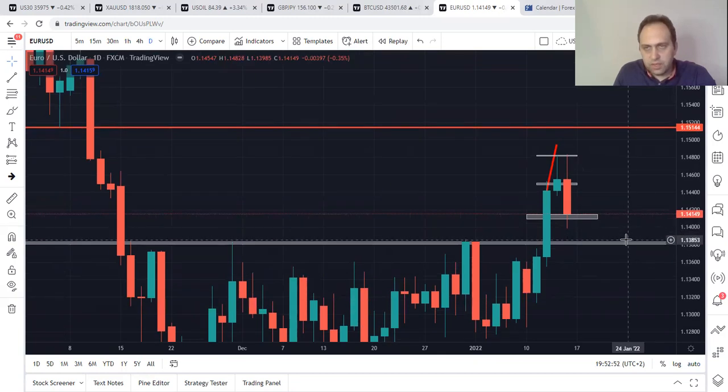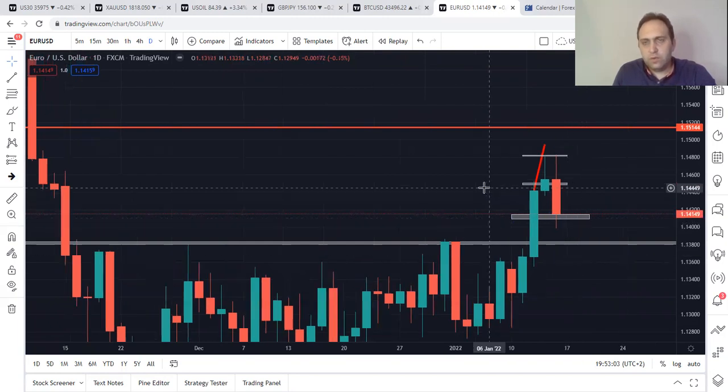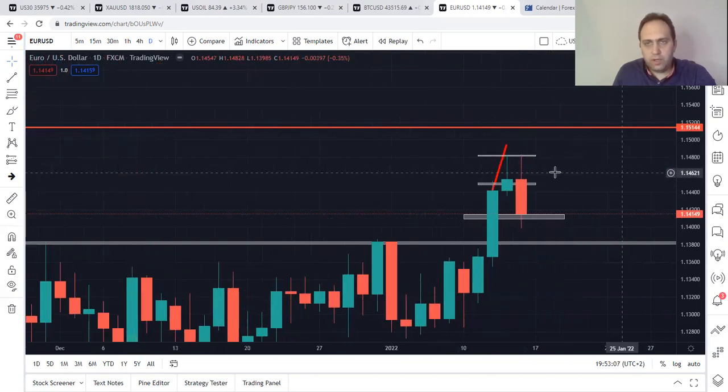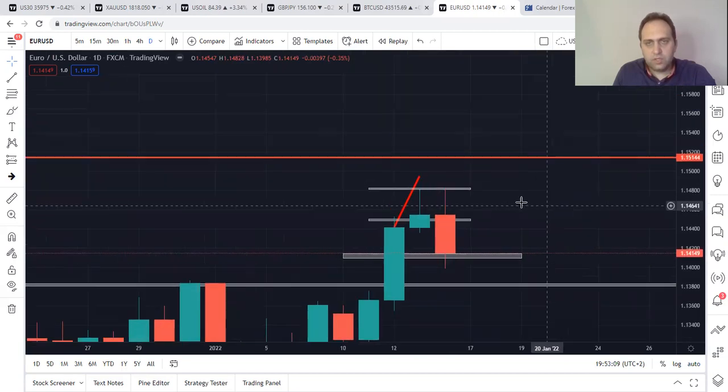1398 till 88. It's so tight for a scalp, to be honest. I don't really like scalp, by the way, on euro. And here for a sell, it's also critical if it breaks this. So for euro this week, I will just stick to a buy. If it happens, I will just stick to a buy.